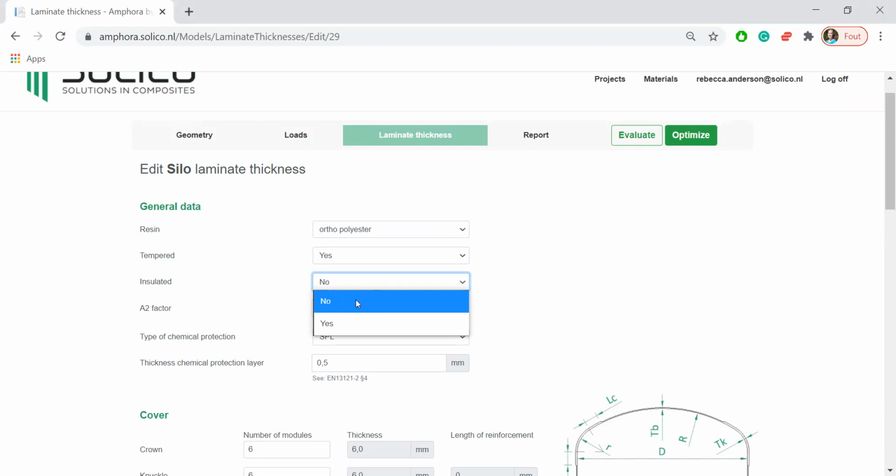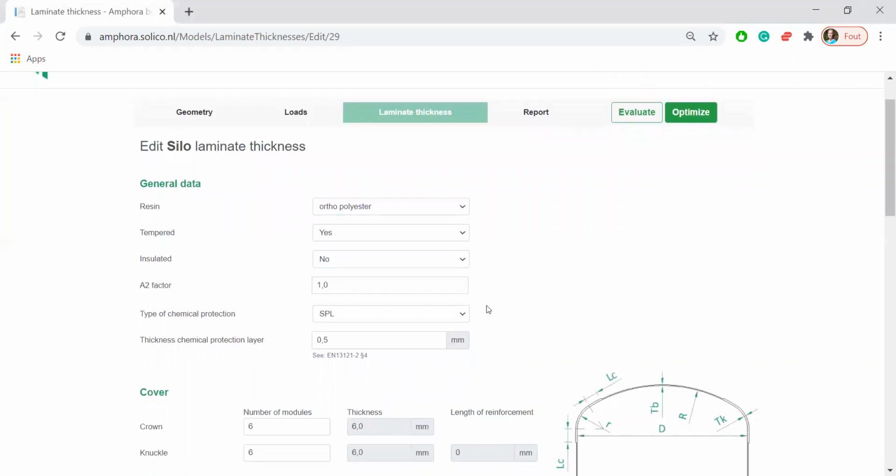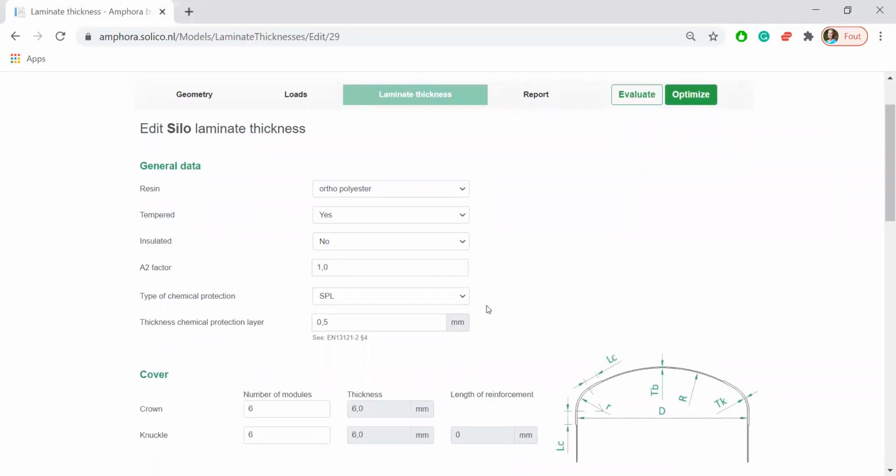If you put yes, however, please remember that this will add some weight to the silo, which will be taken into account for the structural calculations later on. Now for the A2 factor. According to EN 13121 standards, this is the factor for chemical resistance, which depends on which type of product you will insert into your silo. You can get this factor from the chemical resistance guide or get resin advice from your